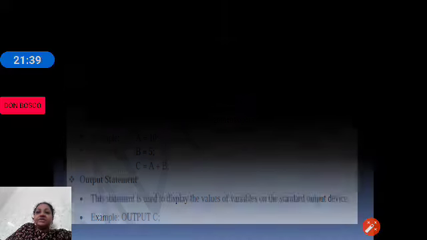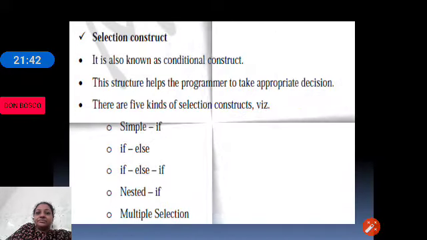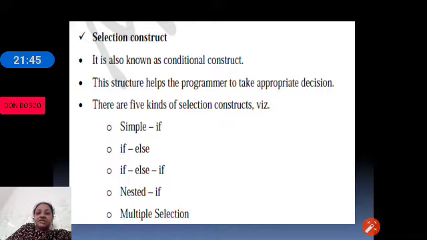Next come the selection statements. A selection statement is also called a conditional construct. Sometimes I don't want all the statements to be executed. I want to run only a few statements. For example, I have two numbers, A and B, and I have to print which is largest. I don't want to print both 'A is largest' and 'B is largest'. I want to print either A is largest or B is largest, the largest among both the numbers. I want to select only one of the given statements.